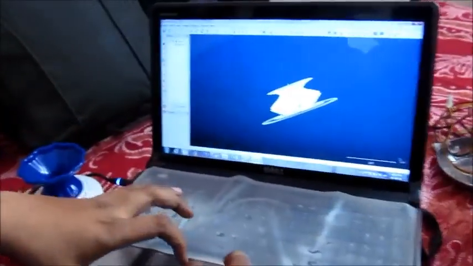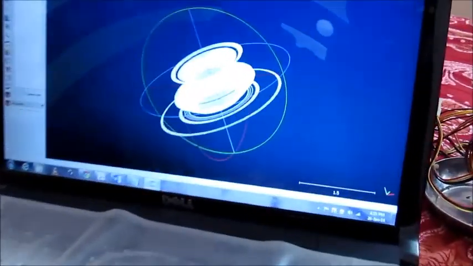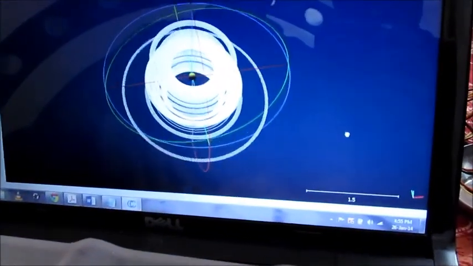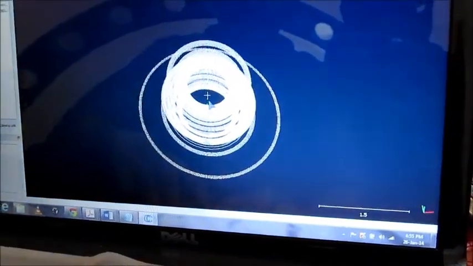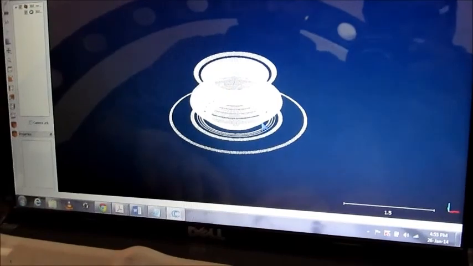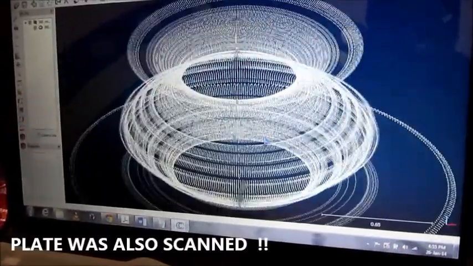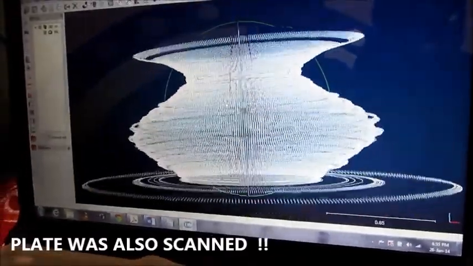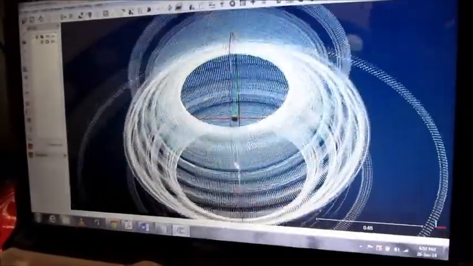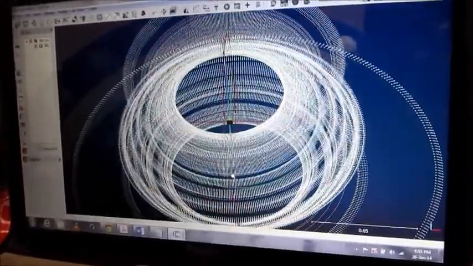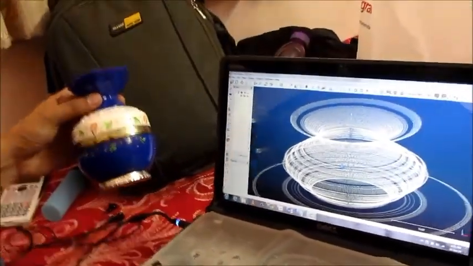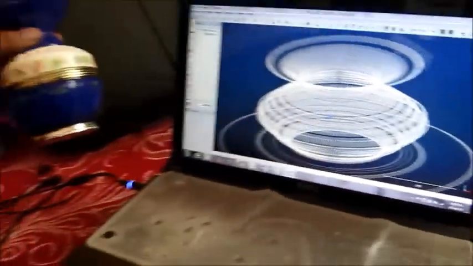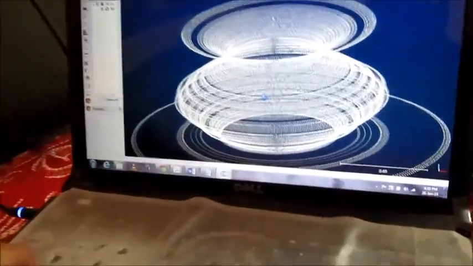Okay. So guys, greetings once again. We can see here there is a point cloud file. As you can see, this is a point cloud file for 360 degrees. Now let me zoom in. So here you can see this is how our object looks in the form of a point cloud. You can compare it with the main object that we have scanned. So let me rotate it.